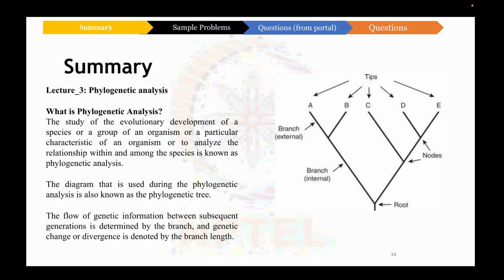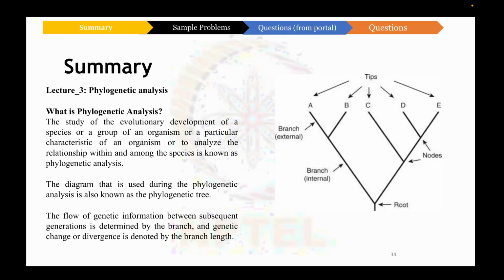So just to summarize multiple sequence alignment, it is a fundamental technique in bioinformatics used to compare and analyze the similarities and differences among multiple biological sequences such as DNA, RNA, and proteins. It involves aligning three or more sequences simultaneously, thereby highlighting the conserved regions, identifying functional motifs and inferring evolutionary relationships among the sequences. The primary goal of multiple sequence alignment is to identify homologous positions across the sequences which are indicative of shared